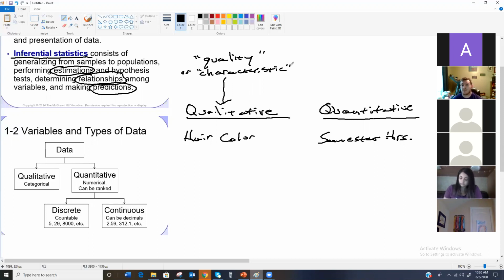So it's just a characteristic. It's not usually a number. It can be a number, but it's not usually a number. So we're talking about qualitative data. It's just a quality about something. So if I say,